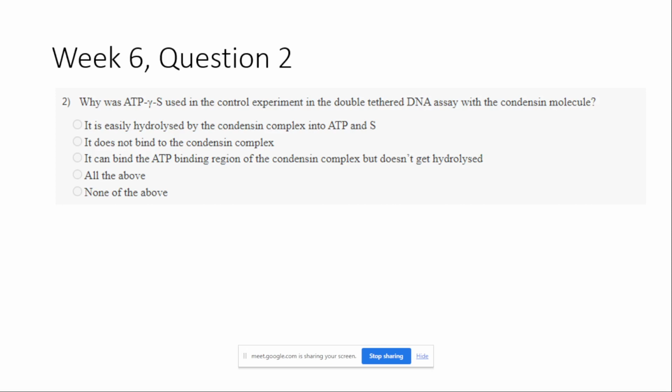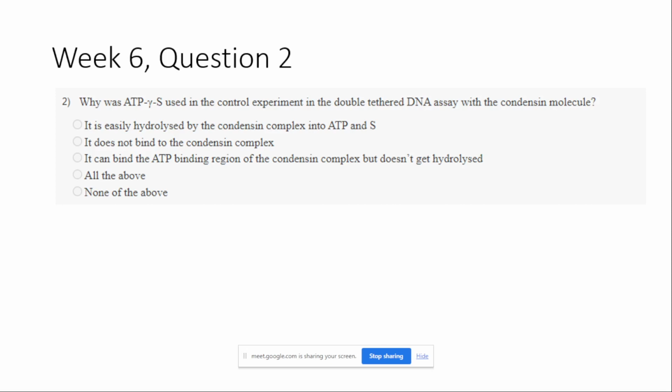Okay, the normal ATP is hydrolyzable ATP, but here they used the non-hydrolyzable ATP. So can anyone tell me why this non-hydrolyzable ATP was used instead of the normal ATP? What would be the problem if they used the normal ATP? Here condensin requires ATP to mediate its loop extrusion activity, right? Actually, it requires ATP hydrolysis, right? So for this purpose, when they did it in vitro, they used a non-hydrolyzable ATP analog.